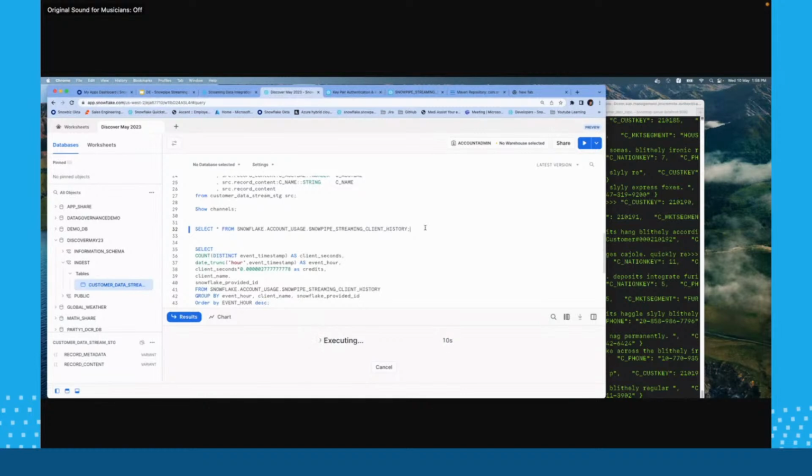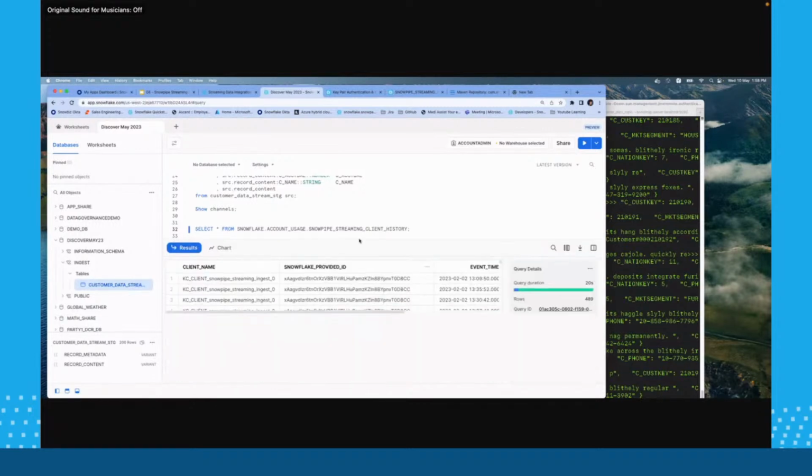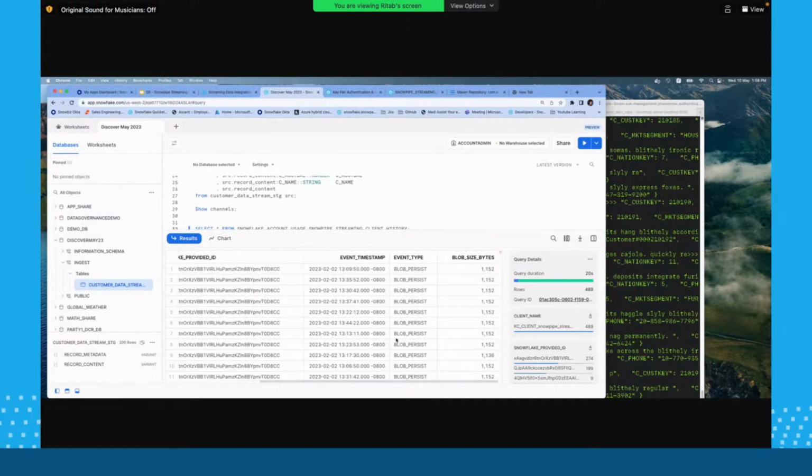It's not live, so the data that you will be seeing on my screen is something which I burned while I was setting up this entire demo. Over here, you can see the client name, the Snowflake provider ID, the event types, and the byte size.